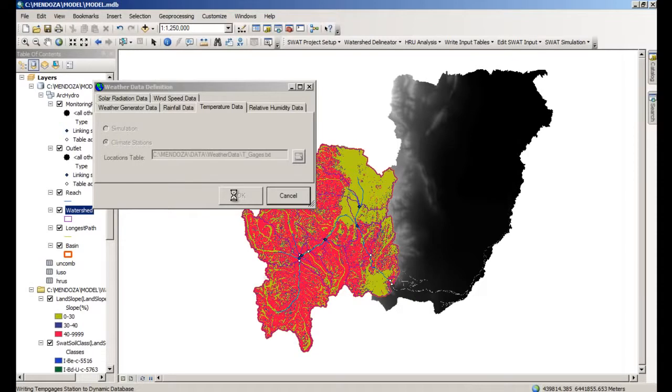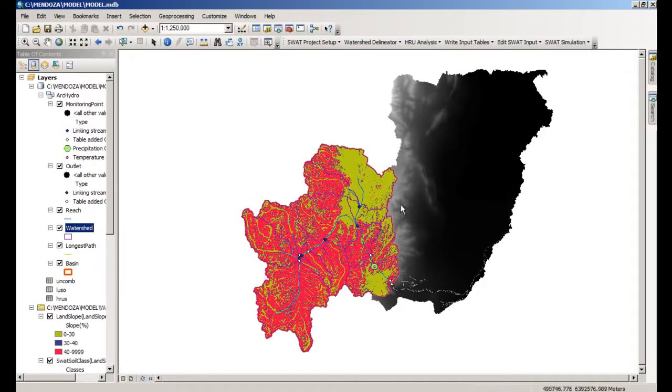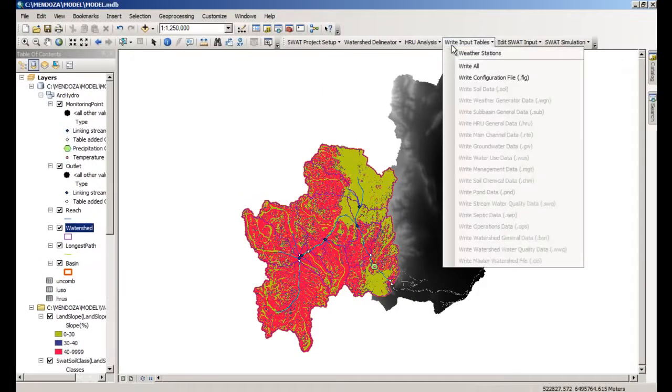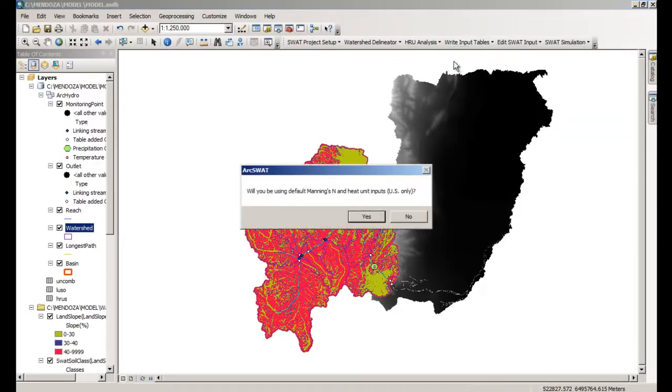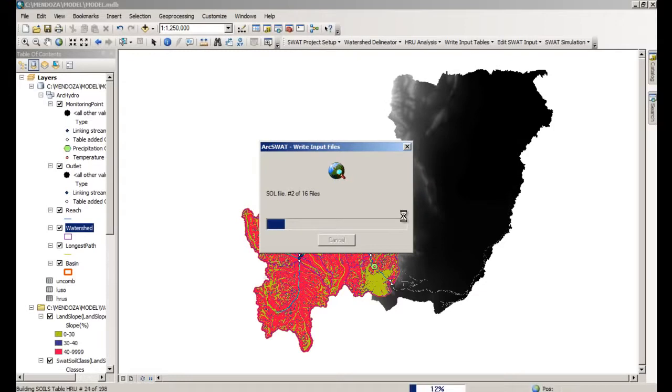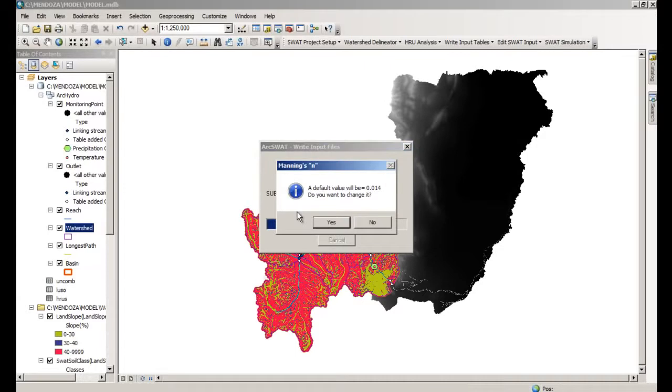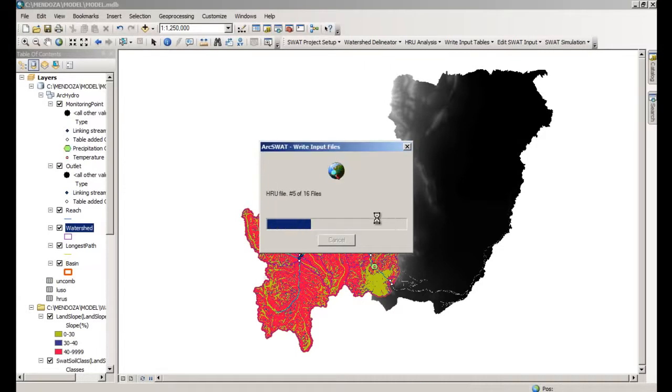It takes a while to prepare all those things, and then you have to go to write all. So it's not from US, so no. Now it's preparing the soil file, we can see, and then there will be another message. This is also no,